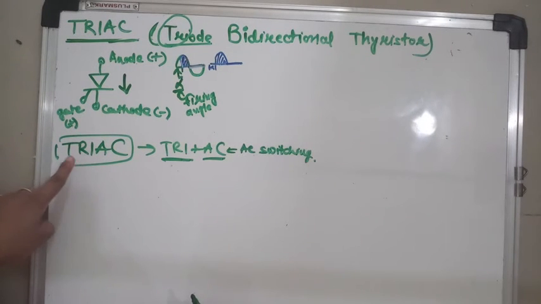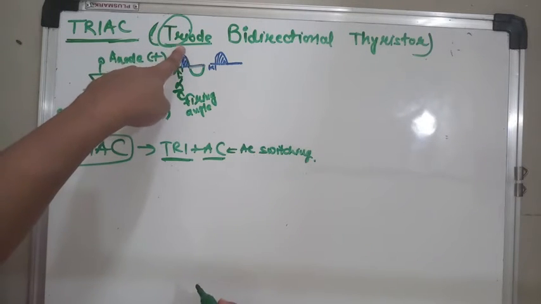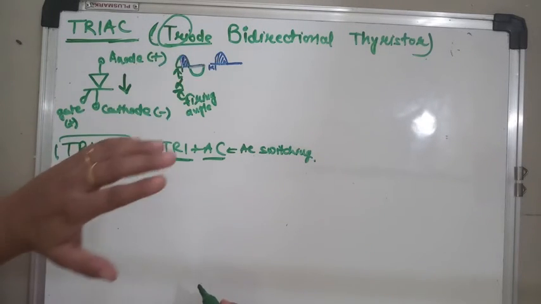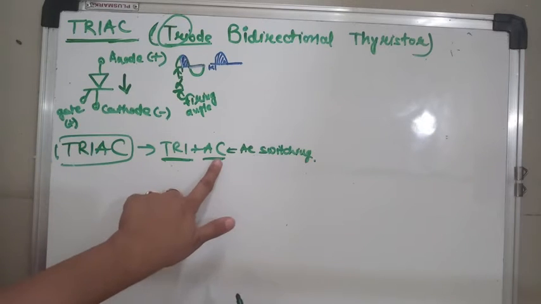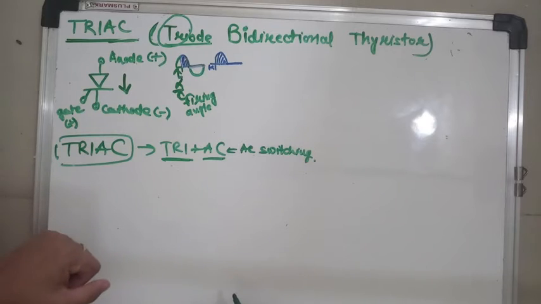Triac name is abbreviated from tri plus AC. Tri comes from the triode, the first three letters of triode, and it means three terminal, having three terminals. And AC means it can be used as an AC switch; for AC switching the triac is used. So the name is given, triac. Now today I am going to discuss the equivalent circuit, structure, V-I characteristics and applications of a triac.